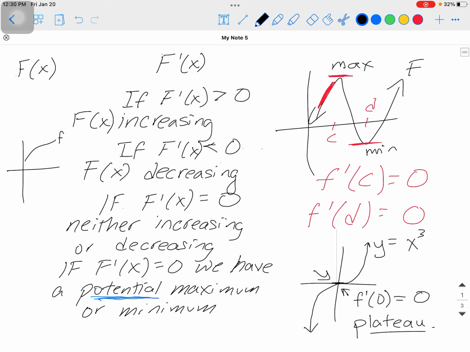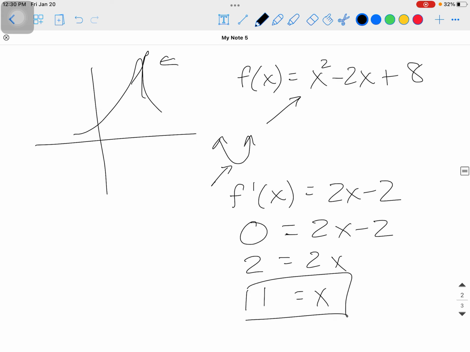So remember, if f prime of x is equal to 0, we have a potential max or minimum. So we found an x value. If we graph this, we could get an accurate graph, but what in the world did we find? So one thing that does come up that's kind of handy, and we're going to need a strategy when the functions get a little more tricky,